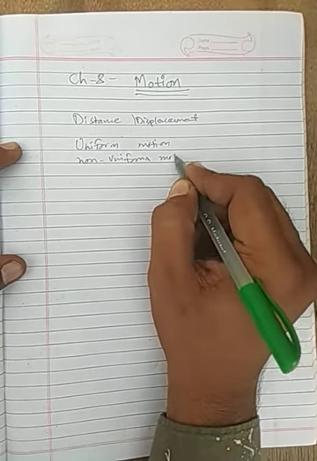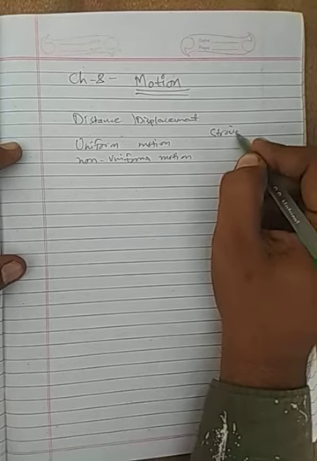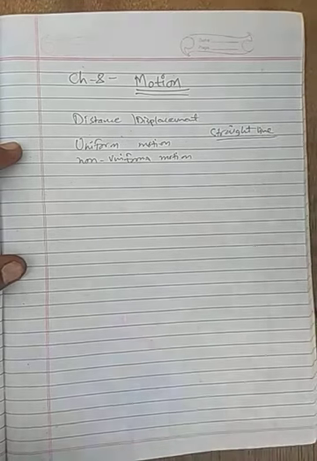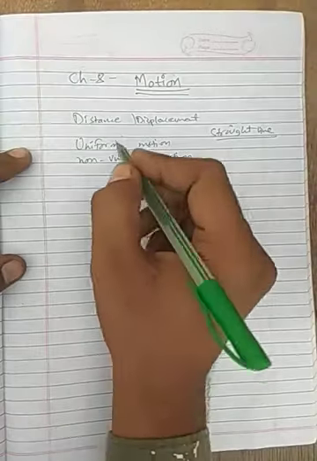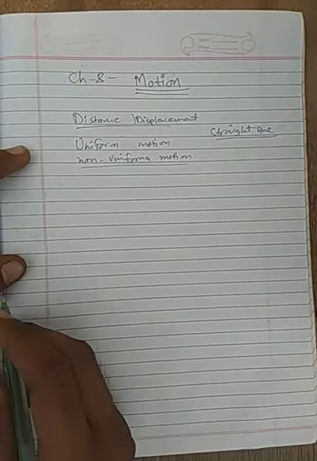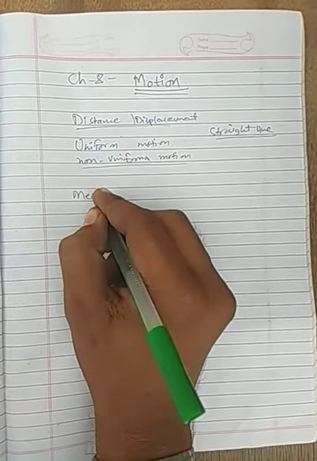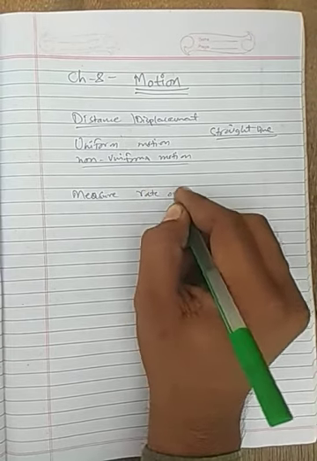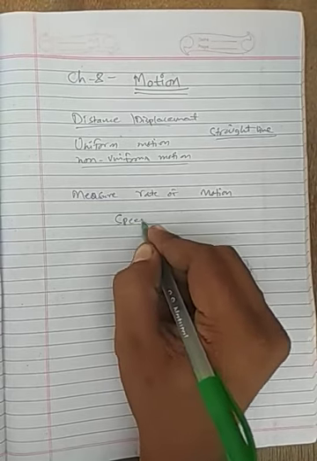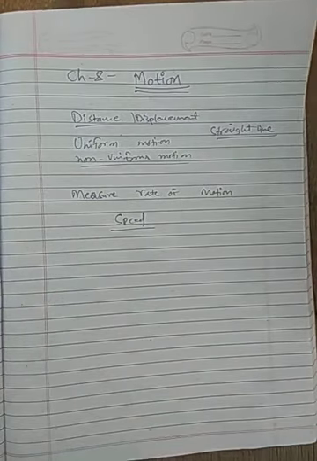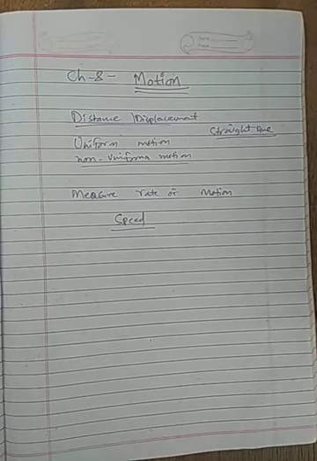If we are talking about motion along a straight line, because circular motion is also a kind of motion which we will see later on in this chapter. Apart from this, we have also seen various ways to measure rate of motion. Like we have seen one unit which was speed. We have seen that speed is distance covered in a unit of time.